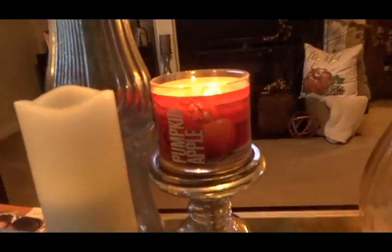All right, guys, so let's go with some fragrances, and we're almost done. So one of my fragrances that I love, and I've shared this with you guys over and over again. You guys know I love Leaves candles, and I think I have been sharing that with you probably ever since I have been on YouTube, that is my favorite candle. But I have run across another one, and it's this one here that I am